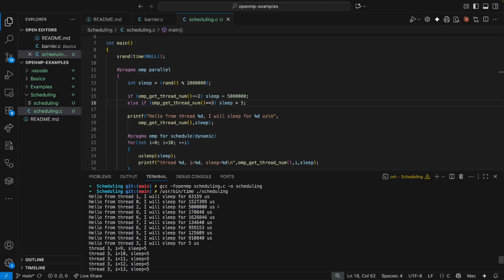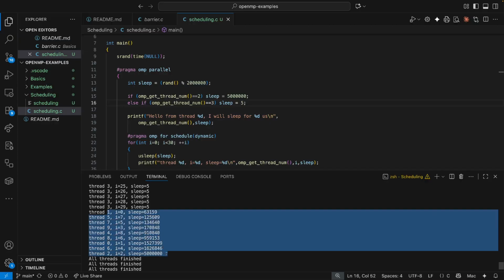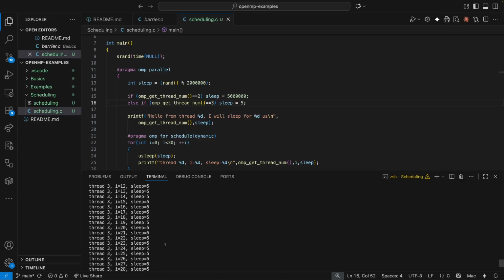So the program starts. All of the team are available. Everyone gets one piece of work. What then starts to happen is that these threads, everything apart from 2 and 3, take a random amount of time, and they're all taking a longer time than 3. So they are going through and they are waiting to come out the other end. Meanwhile, 3, because it's finishing its work so quickly, after the first 10 pieces of work are given to the threads, has finished its work before the other 9 are completed. So it will then take 10, 11, 12, 13,